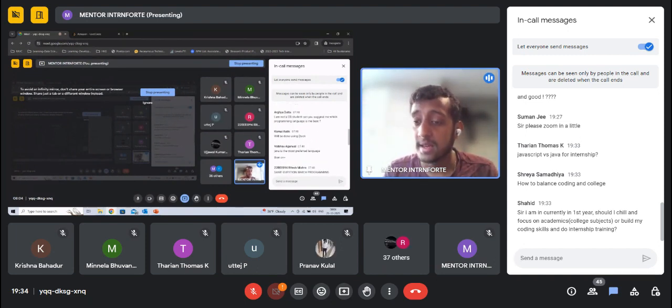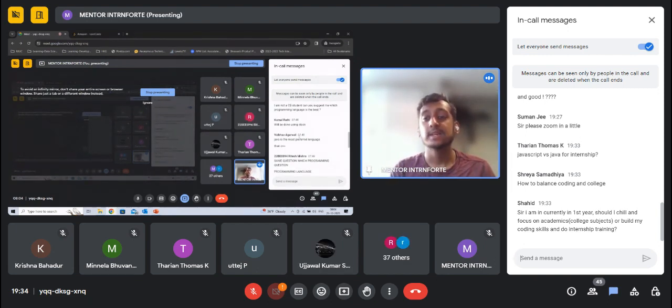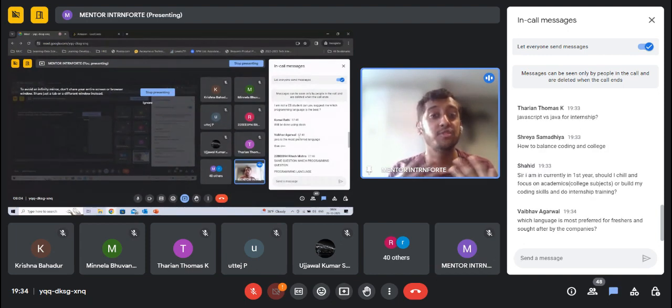Agya has a similar question: which programming language is the best? Agya, I would really say that there's no such thing as a best programming language. It depends on your preference. But I would definitely suggest that if you're new to CS, start by learning C++ or Java, and then learn Python. I think C++ and Java are pretty foundational, and it's important to learn at least one of these. Then you can invest your time in learning a very high level language like Python, which simplifies your job and makes it very easy to write code.